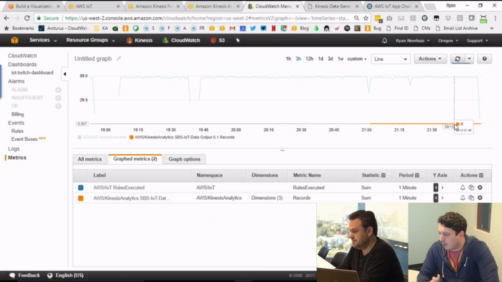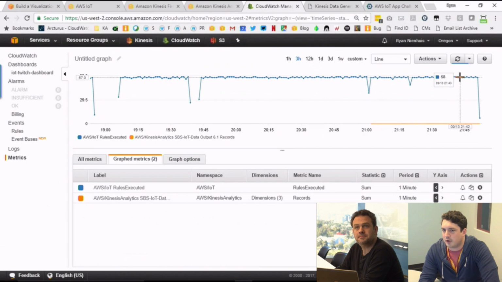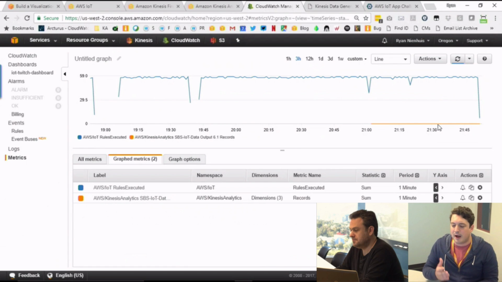either 60 or 6. So when I say 60, the stream that I just pointed to is just a simple pass-through that's not doing anything. It's not filtering records. So it should be about 60 records passing through, similar to here. If I were to have pointed to the aggregate stream, I would see 6. The reason being is because I'm outputting the data every 10 seconds, so there'll be 6 data points every minute. But this sort of illustrates why I use CloudWatch, these dashboards, as I go through my development process, because it helps identify issues.